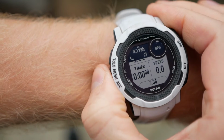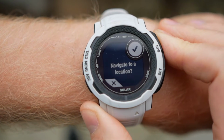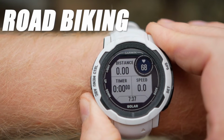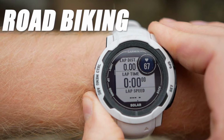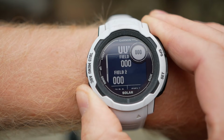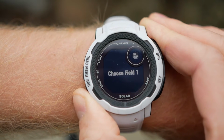As far as I can tell, bike touring is the only one being a bit different from the rest, asking for navigation to a location before you initiate the tracking. The rest seems like regular tracking with different data screens. It's quite easy to change the data screens through Garmin Connect, and it's also possible through the watch, although I find it a bit more finicky than through the Connect tab, given that you don't have any touchscreen on the